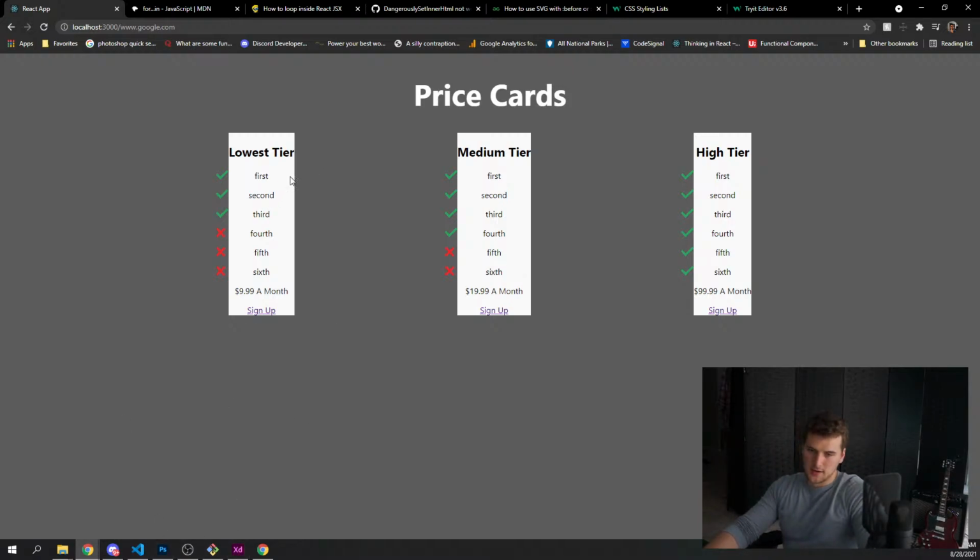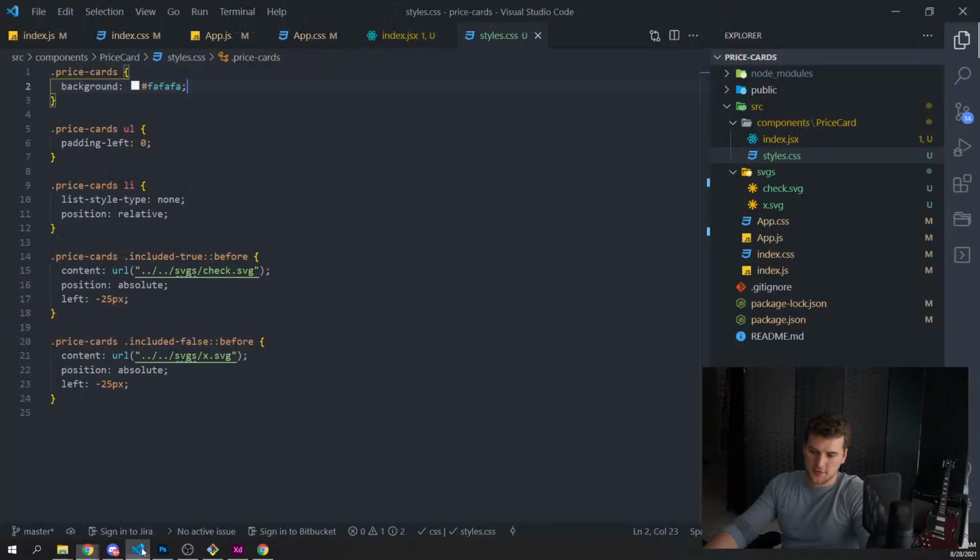All right, we need the width of those price cards to be more. So I would use, does flex basis go on the parent or the child?